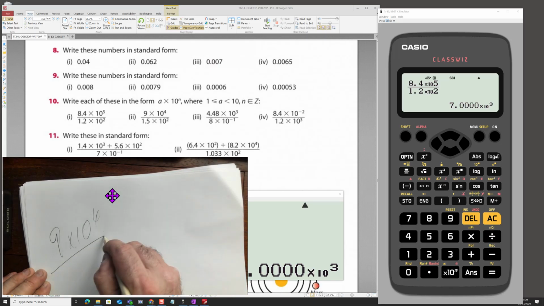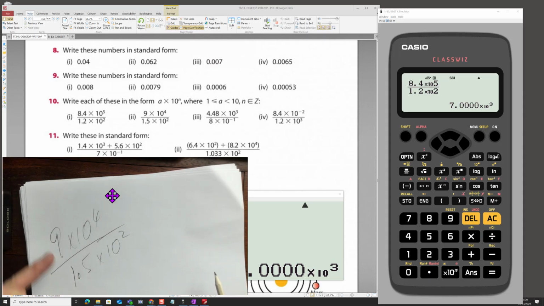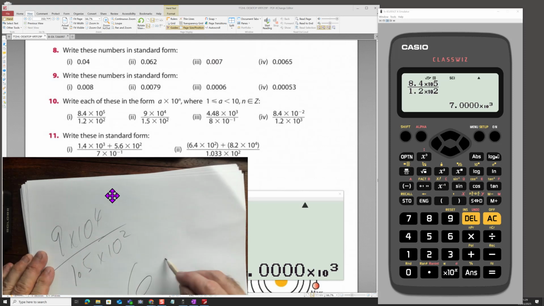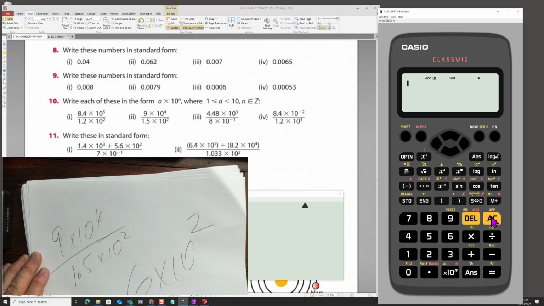9 by 10 to the 4 over 1.5 by 10 to the 2. Now sure enough, you could start trying to do it in your head. That will go in 6 times. It'll be 6 by 10 to the 2. Okay, but double check that and you might enjoy putting it in your calculator. 9 by 10 to the 4 over